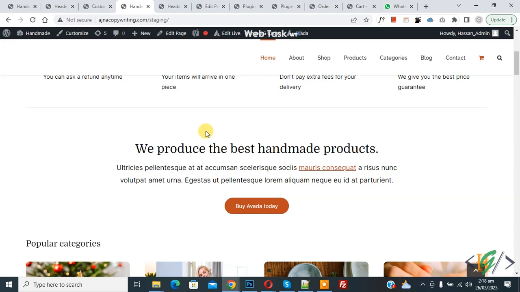Bismillahirrahmanirrahim. Assalamu alaikum. My name is Hassan and today we are going to disable the text selection feature using CSS in